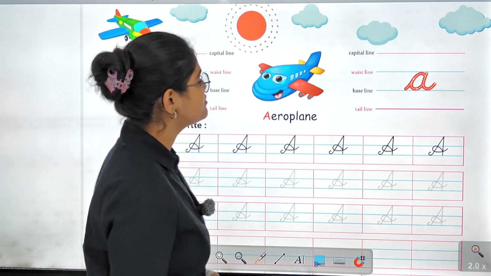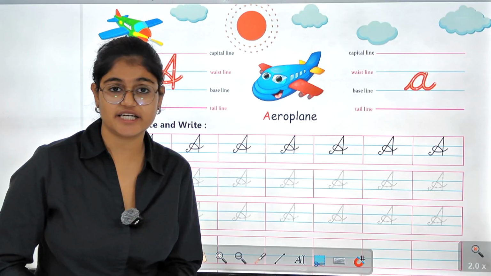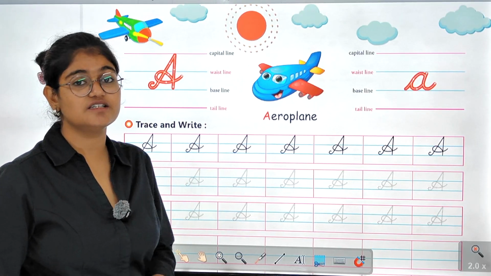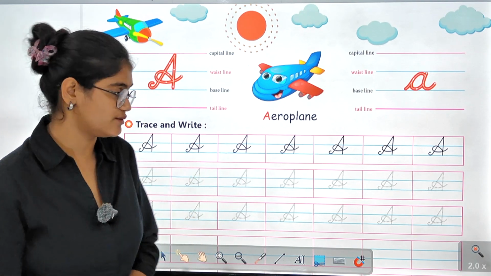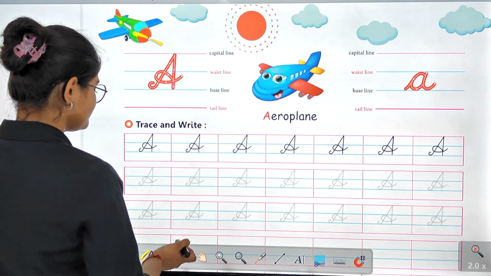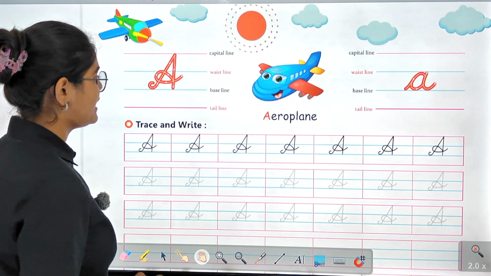So, let's begin with the next topic in which we are going to study about the cursive letters, for the capital and for the small letters also. So, jaldi se shuru karte hain. So, the very first letter that has been given to us is A for